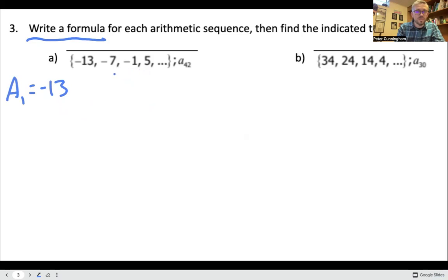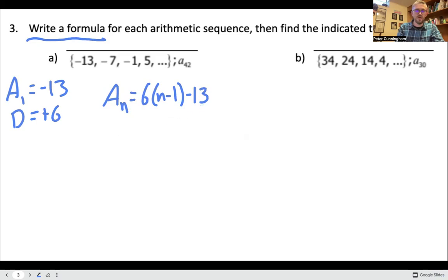What's happening here? I am adding by 6. If I wasn't sure of that, I could have done 5 minus negative 1, or think about how far negative 1 is from 5. And it is a common difference of positive 6, and negative 13 to negative 7 is positive 6 as well. So my formula, that is a of n equals my difference, which is 6, times n minus 1, and then I need to add, or in this case, subtract